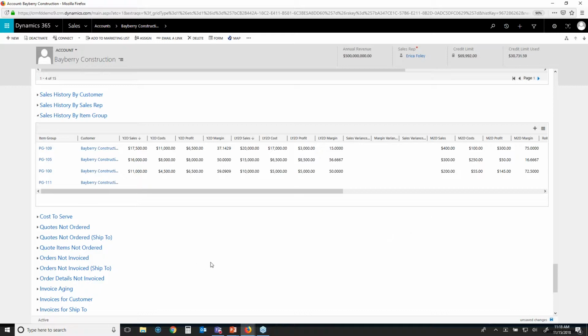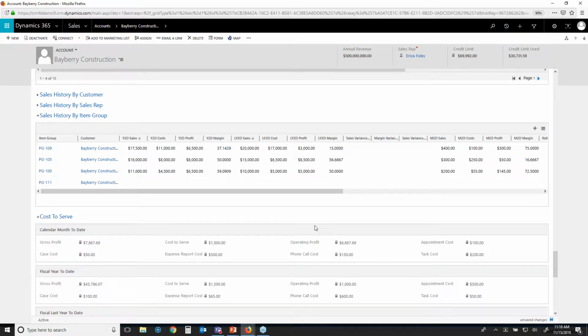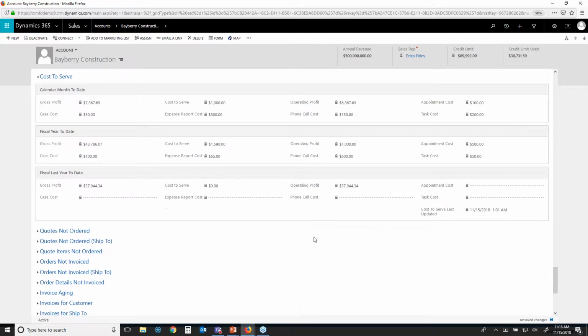Now the next section I want to show you is the cost to serve model. So a very common challenge for sales organizations is knowing how profitable you are with each of your customers. And so to address that challenge, what we have designed here is a very, very flexible cost to serve solution. The cost to serve model here shows you different amounts from our sales history combined side by side with our